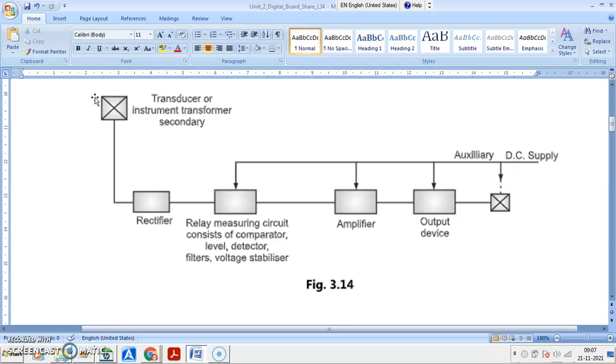You may use PLCC, power line carrier communication, for remote and backup operations. So these relays are very good for remote backup operations. Repeated operations are very easily possible in the case of these relays. There are multiple advantages. I told you they can be self-supervised. You may have programmable operations in the static relays.